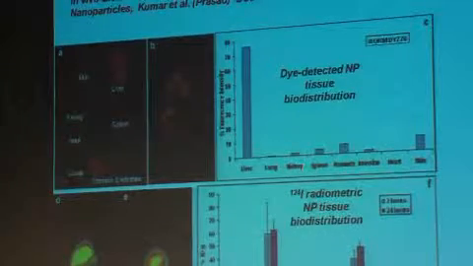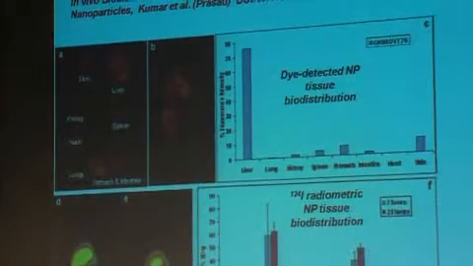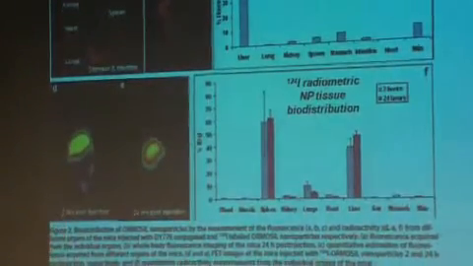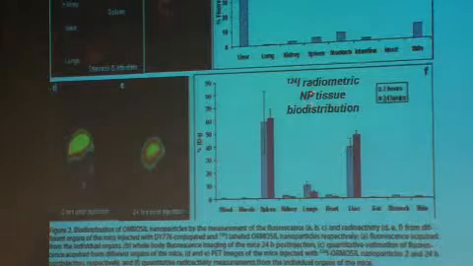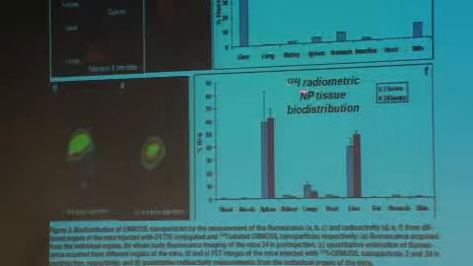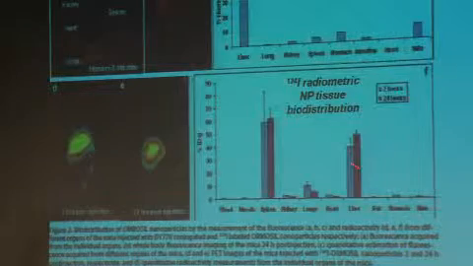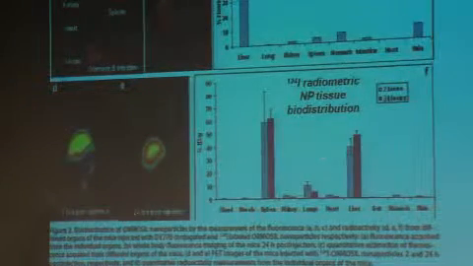If we look at the dye-detected nanoparticle distribution from the dye, we see the liver, kidney, spleen, as we said. This guy was clever, and he put an I-124 radio label on it. As if the dye wasn't good enough, we'll trace it with radio labels because they're very sensitive. And he shows that the nanoparticle distribution with the radiometry shows, again, spleen, kidney, lungs, liver as the primary destination points for these particles. All right, state of the art.